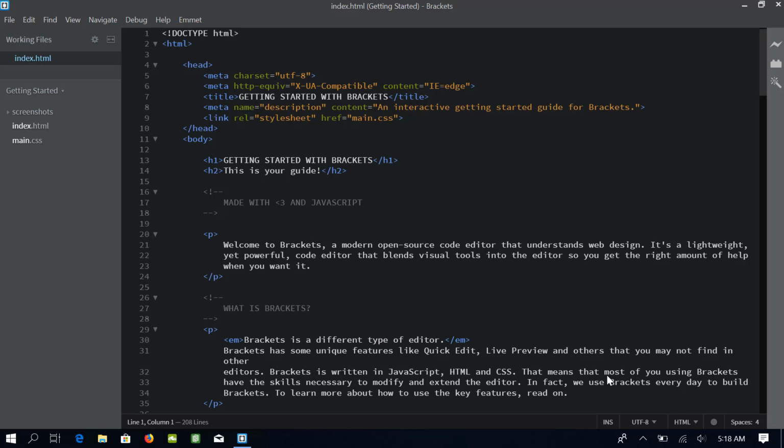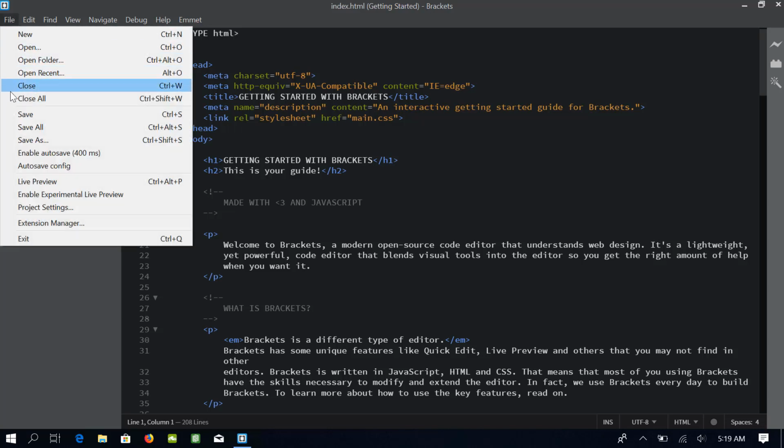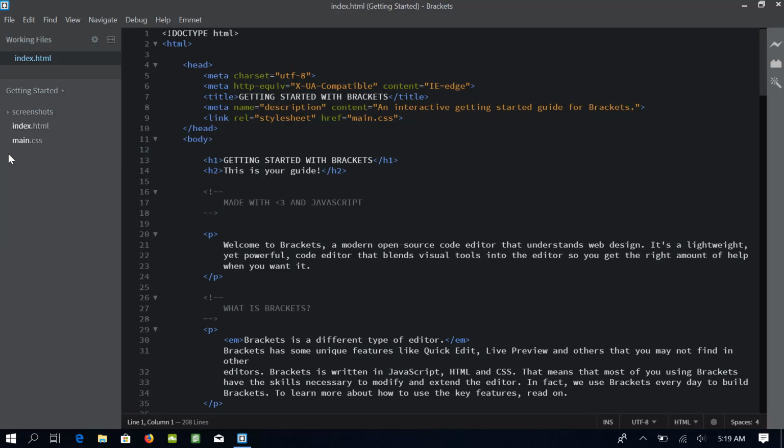Now I will enable this autosave extension, and to do so, go to File in the menu bar and check this option which says Enable Autosave. This will enable autosave and by default our changes will be saved after every 400 milliseconds, which is smaller than half a second, and I think it is perfect for me. You can change the default timings if you want to, but for this course I will keep it as default.